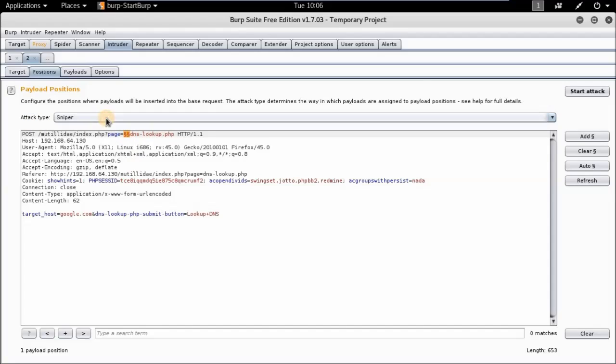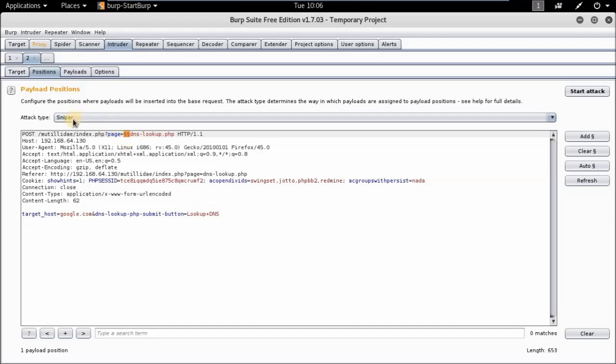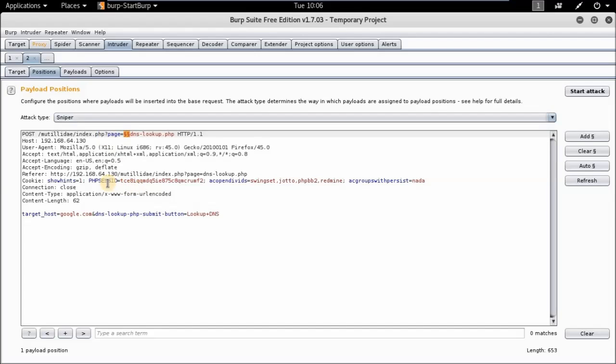This is the attack type, that is sniper. All these four are used for attacking different parameters. If you want to attack one single parameter, I will use sniper. If you are going to test all the parameters, or if you want to set the payload to different positions to attack all the parameters at the same time, like the PHP session ID and the input field that I used to search,